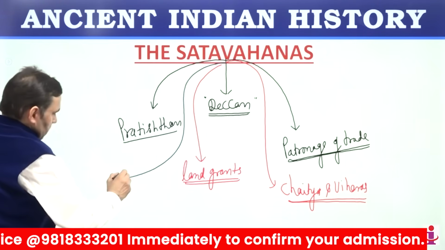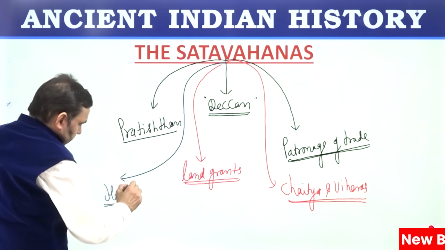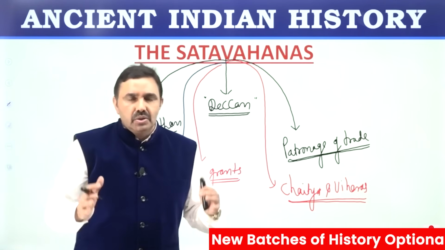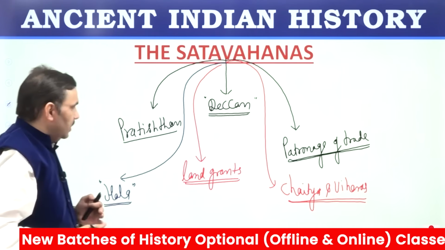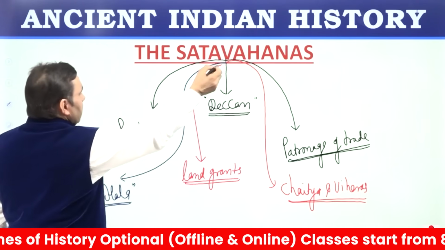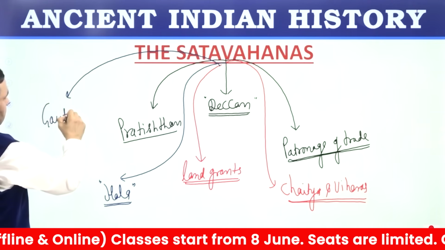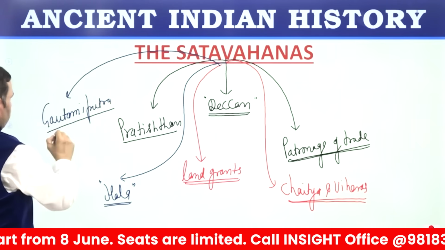Satavahana kings like Hala were great writers. Hala wrote Gatha Saptasati. Gatha means a story. Saptasati means 700. So a story that is having 700 stanzas or paragraphs. Gautami Putra Satkarni was the greatest ruler, and from this name itself you can learn something. Gautami Putra. He was son of Gautami.